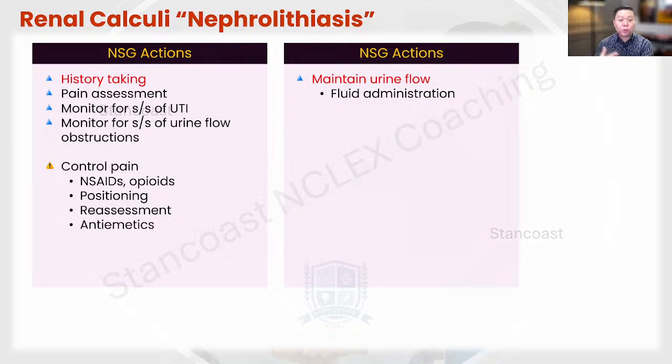Because if they're already vomiting or nauseous, of course you're not going to give them water, right? No, of course not. You're only going to give water if they're not nauseous. So, of course, you're going to have another route. If we have an order for IV fluid administration, go ahead and do that according to the prescribed rate. And make sure this is done, because this will really help flush the urinary system. Okay? And since we are flushing the urinary system, you have to keep an eye on the urinary output as